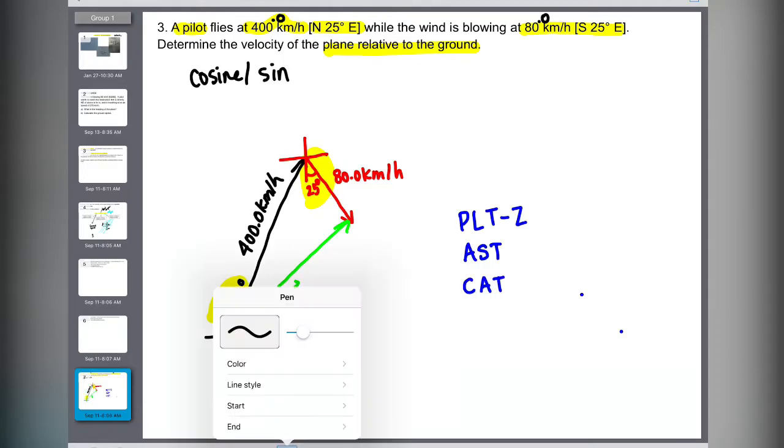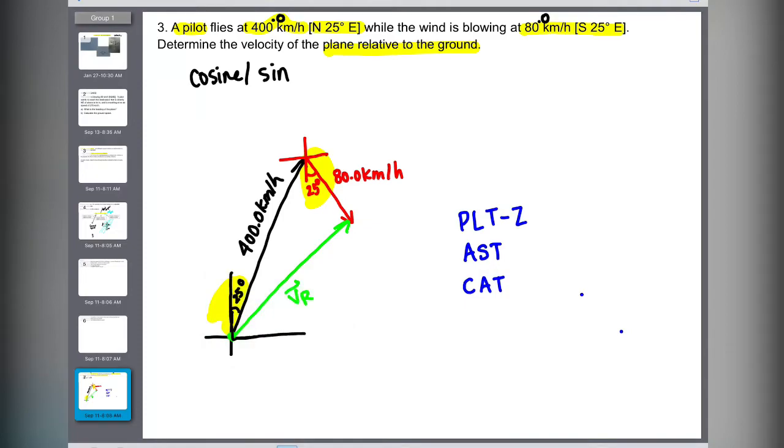Another way that you could do, I'm going to use black pen. This is 90. That means this angle has to be 90 minus 25 because that's a complementary angle theorem. Any right angle adds to 90. So this is 65. You okay with that? 65, if I complete this triangle,